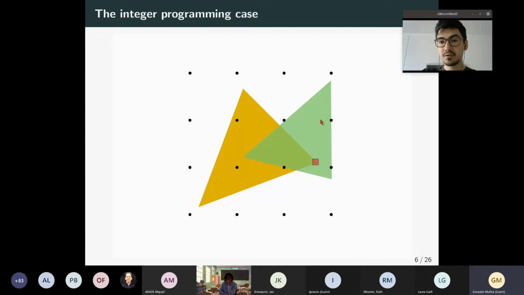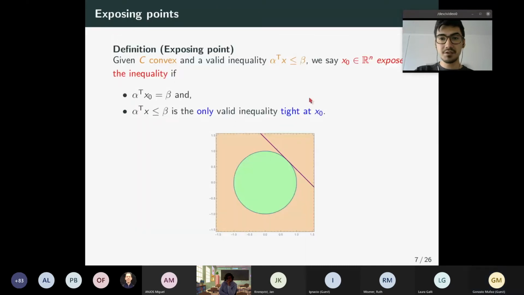So what is going on here, and what the criterion for lattice-free sets tells you, is that a set will be maximal lattice-free in this case if, first, it's a polyhedron, and second, there is a lattice point in the interior of each of the facets. Okay, so inspired by this, we wanted to bring this into a setting where there is no lattice, there is a closed set, but see if we could capture the same type of criterion. So inspired by this, we define